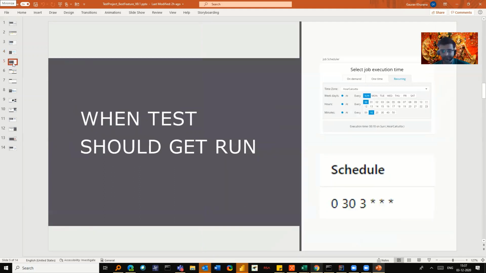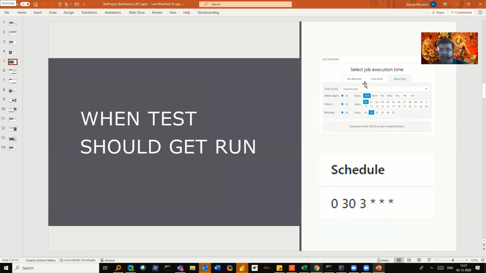Moving on to the next one. Yeah, so how we can schedule things. In test automation we don't generally go daily and run our tests, we schedule them. So see their UI, how user friendly it is. I can simply select that, okay, on this day my test should run, and at this time. And why I showed the below one: there are still some tools that give the schedule in such a way. It's very difficult for a technical user to understand these six dots, right? So even this represents this information.